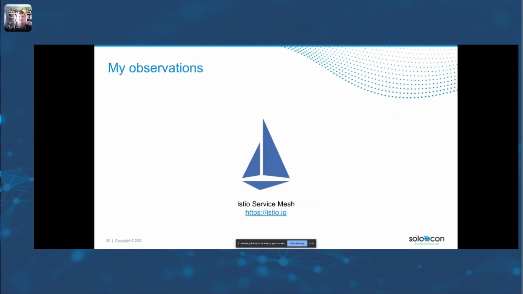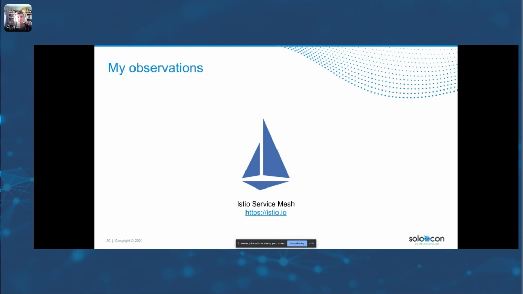And generally, the observation I think that we have is Istio is going to be the leading, or if not is, the leading service mesh that folks adopt for self-managed use cases. And we believe, with the announcement of Gloo Cloud and other things that we'll show, the leading service mesh for managed use cases as well.